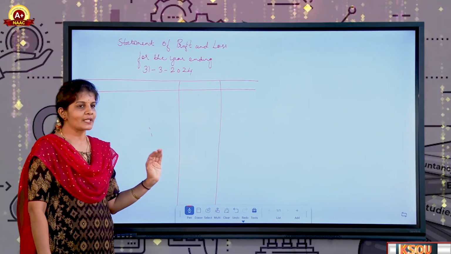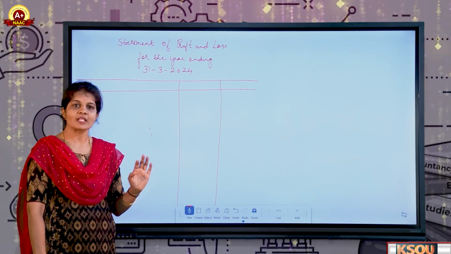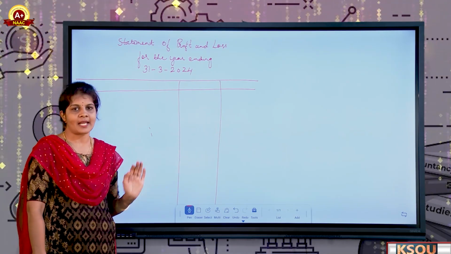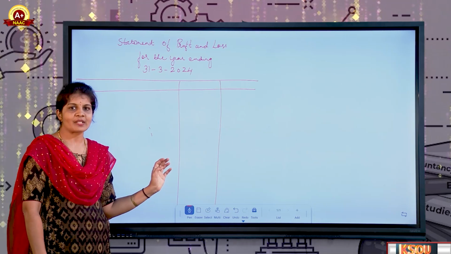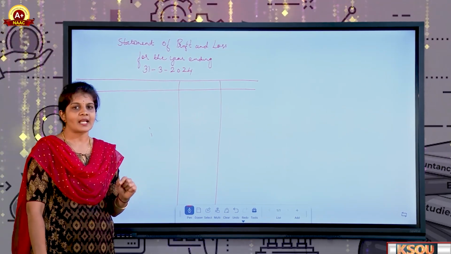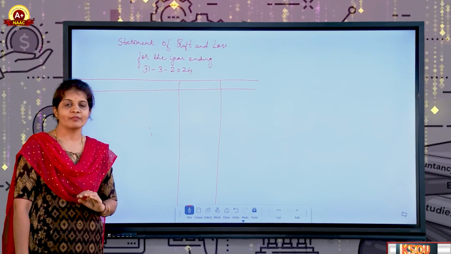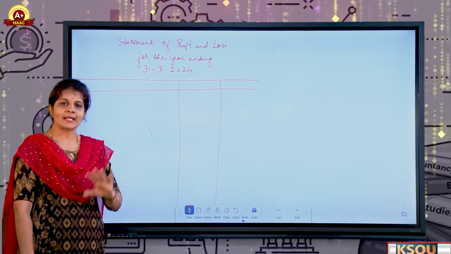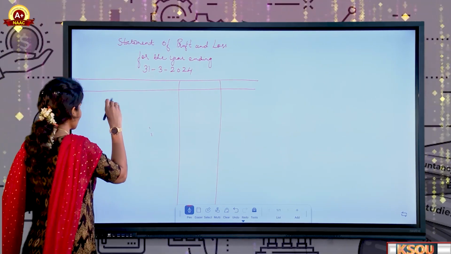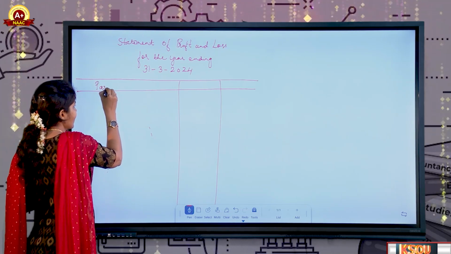Earlier, we were preparing the profit and loss account which had debit and credit sides. On the debit side we used to mention all the expenses and losses, and on the credit side the incomes and profits, correct? But here in this vertical format we are not going to divide debit and credit. It is a vertical format of statement of profit and loss which considers particulars,